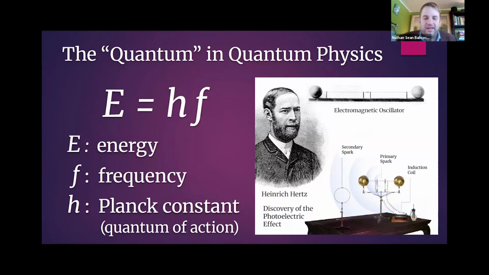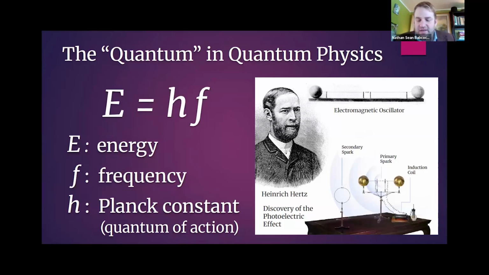What is the quantum in quantum physics? It all comes down to this thing called Planck's constant, which tells you that the energy, say, of a photon, a particle of light, is proportional to its frequency, where the proportionality constant is h, Planck's constant. So our understanding of this central aspect of quantum mechanics goes back to work by